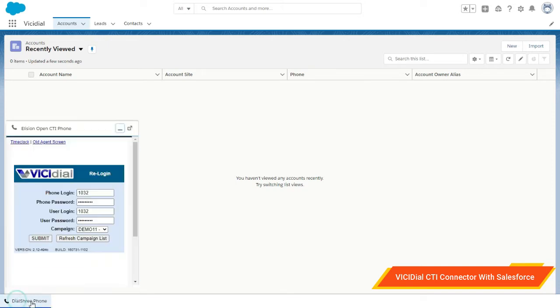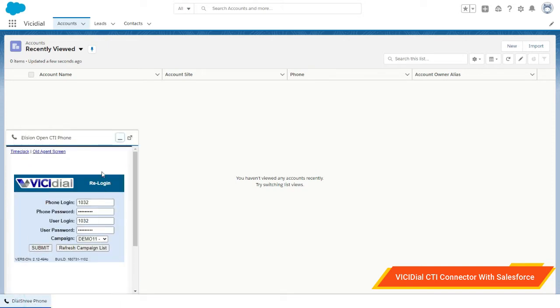As soon as I click on this Dial Tree Phone, I will see a VCDial tab open up over here and my credentials will automatically come up. We can also map the credentials per user, so every user will be given their unique ID and password and it will be filled up automatically.